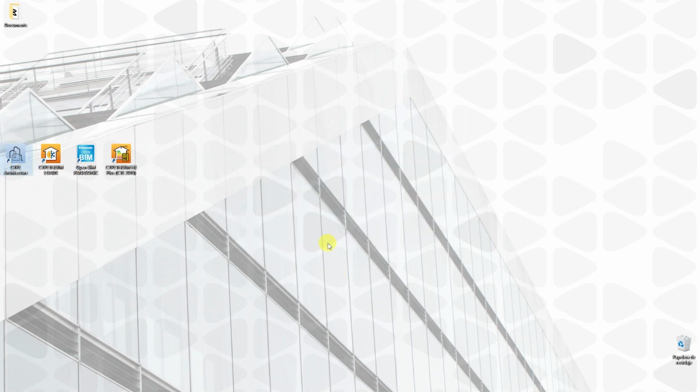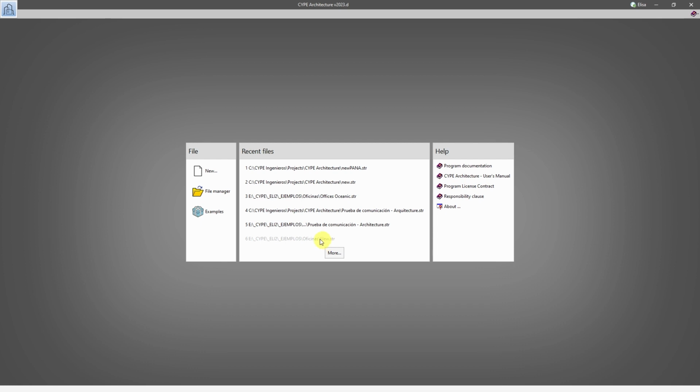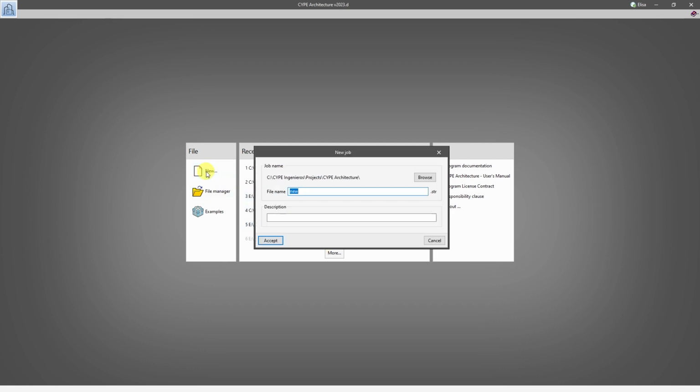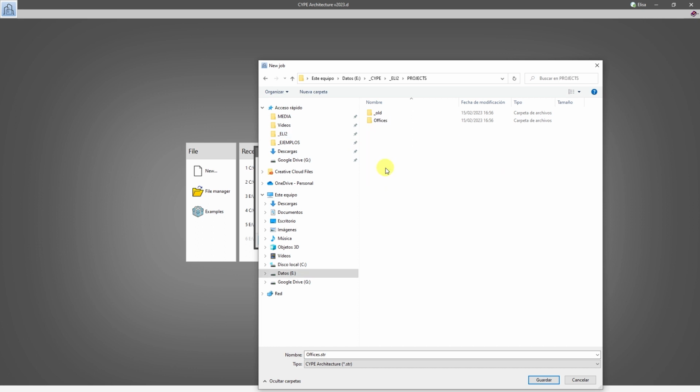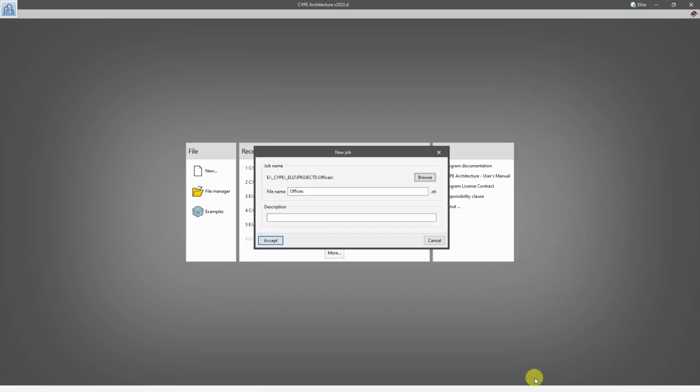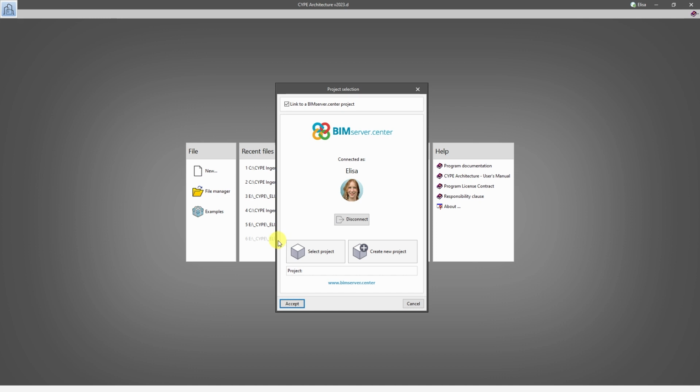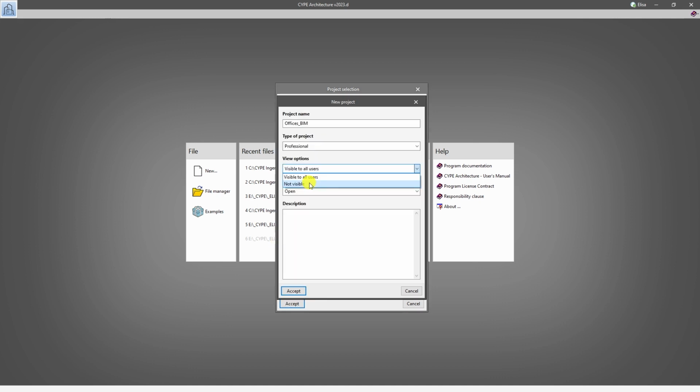The application can be downloaded free of charge from the BIM Service Center store. We create a new file and save it to a path on our computer. When we click Accept, we have the option to link it to a BIM project or to create a new one. The BIM project is usually created in the architecture phase, and the rest of the facility systems are then